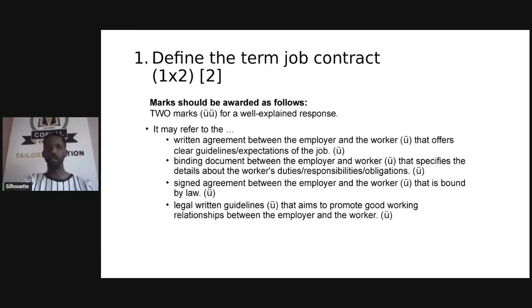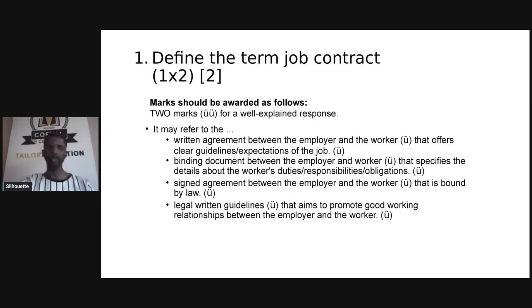So in response to this question, what is a job contract? A job contract is a written agreement between an employer and a worker, 1 mark. It offers guidelines as well as expectations of the job. The mark goes there. It is also an example. Okay. And then an alternative response will be it's a binding document between an employer and a worker. An example,